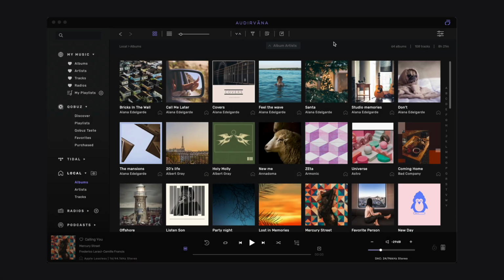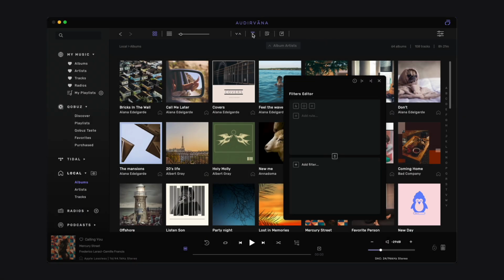The top section of the Filters editor helps you create smart playlists. They are a specific type of playlists, not manually edited, but automatically created and updated from your local library. This is done according to a set of rules you define to select the tracks you want in.